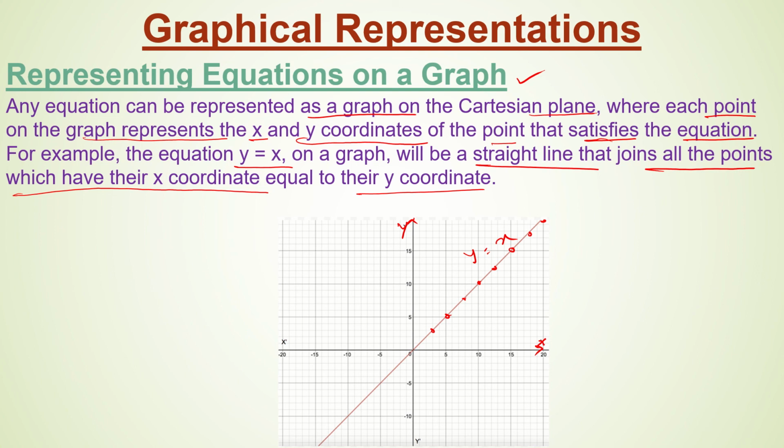On the basis of the equation, we can easily determine the graph of the equation by taking any one point fixed. Suppose we take different values of x. On the basis of those values of x, we can determine different values of y, and we can easily draw the graph of that equation.